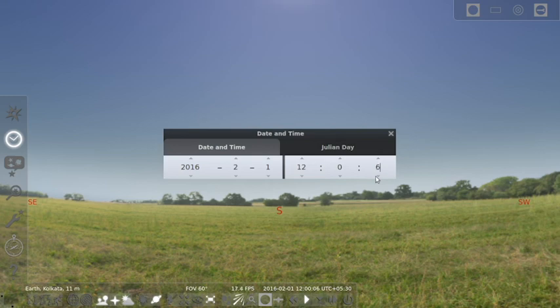So here we can click on the date and time window to observe the sky at a particular time. This is on 2016 January 1. You can place it as January 1, 2016, 12:02. This is the sky view of Kolkata.